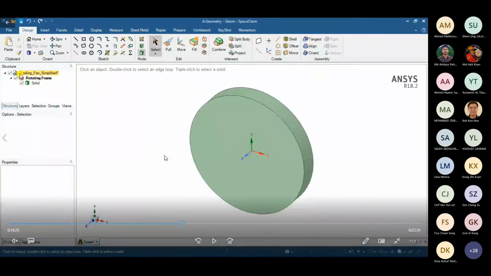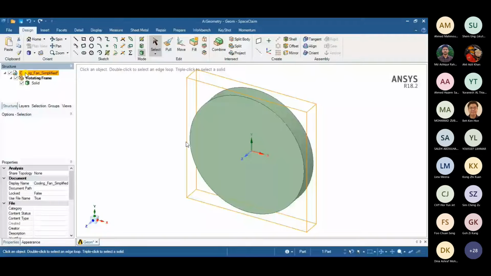So rather than having to follow through the connections of the complicated fan body, this is the bypass part. This is a bypass method which we use to convert the geometry from giving us an error. You can also use the direct geometry, but it will be very difficult for you to establish the manual connections.